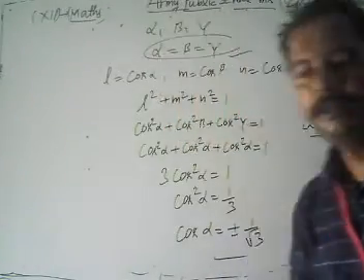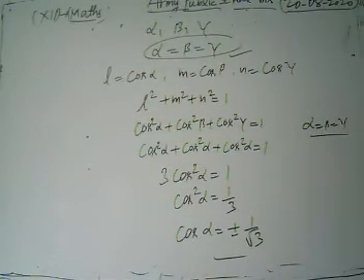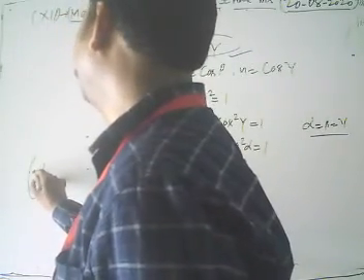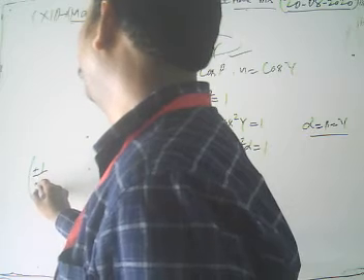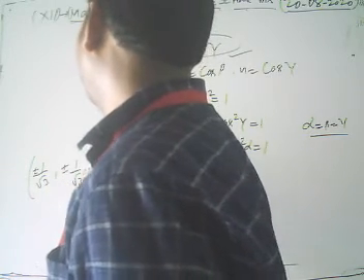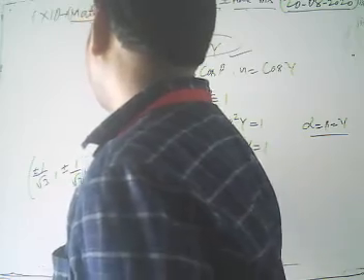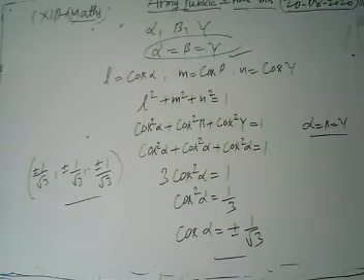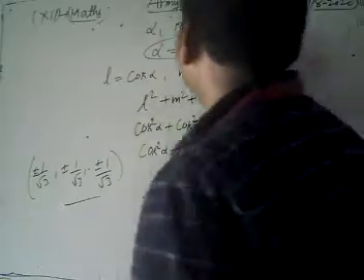Then what are the direction cosines? When the directed angles are equal, the direction cosines L, M, N are plus minus 1 upon root 3, plus minus 1 upon root 3, plus minus 1 upon root 3. Whenever the directed angles are equal, the direction cosines are plus minus 1 by root 3, plus minus 1 by root 3, plus minus 1 by root 3.